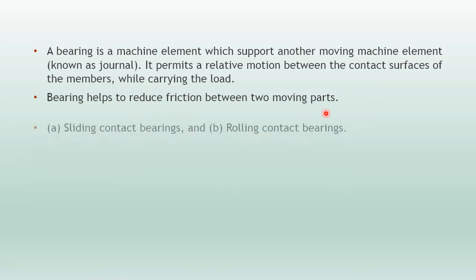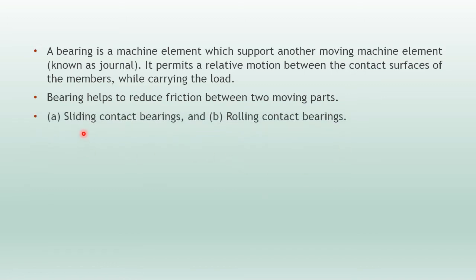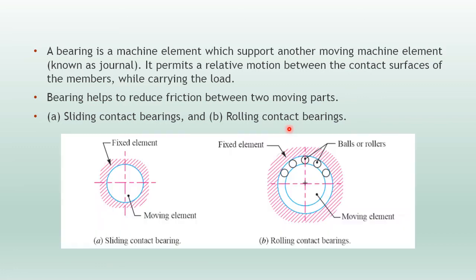Okay, actually these are of two types. The first one is of sliding contact and the another one is for rolling contact. So note down this figure. The figure A shows the sliding contact bearing. The fixed element and the moving element has the surface contact. Okay, so that's why it is called as a sliding contact bearing. On the other side of figure B, it is rolling contact bearing. The moving part and the fixed element possess the rolling or rollers between these two elements, so that's why it is called as a roller contact bearing.